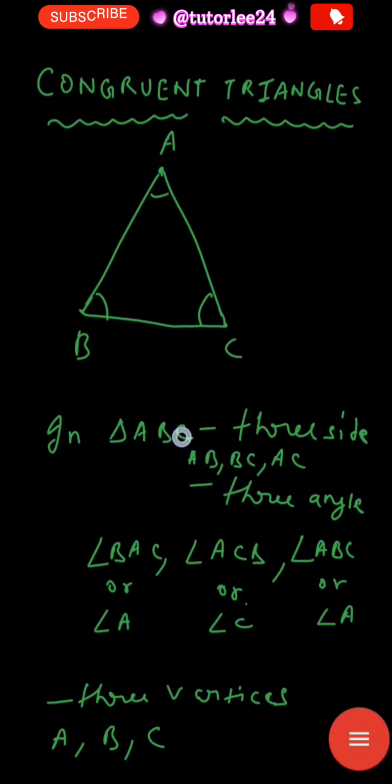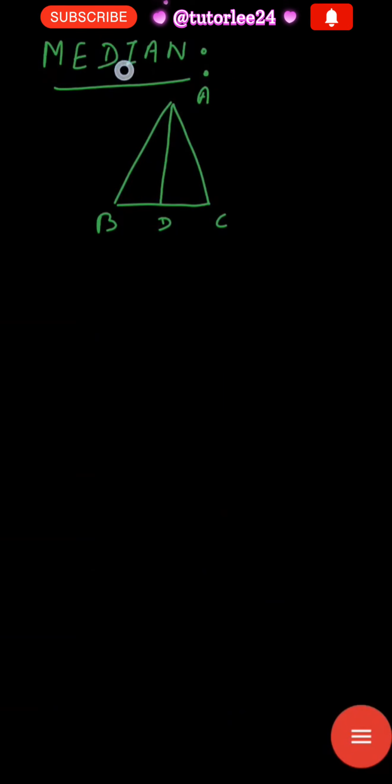Next we will discuss the median and altitude of a triangle. What is a median? The median of a triangle is a line segment joining a vertex of the triangle to the midpoint of the opposite side. Suppose we take vertex A; the opposite side is BC. If we join point A to the opposite side BC, and AD is the median,